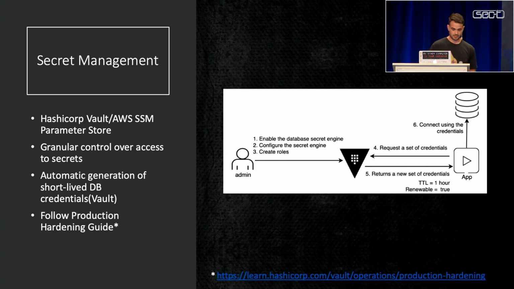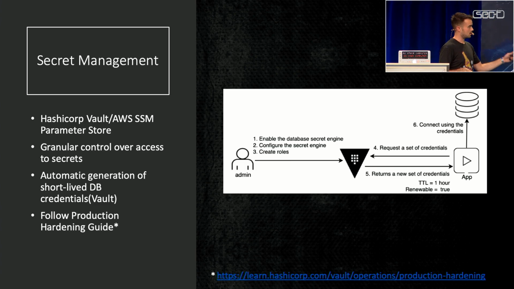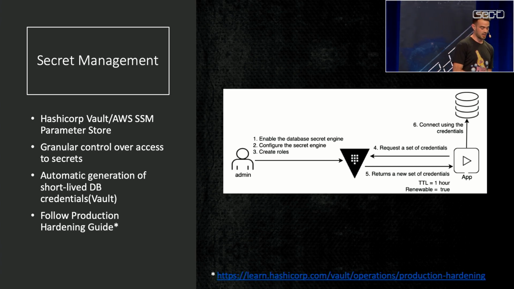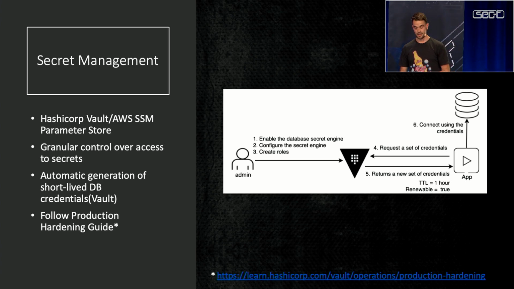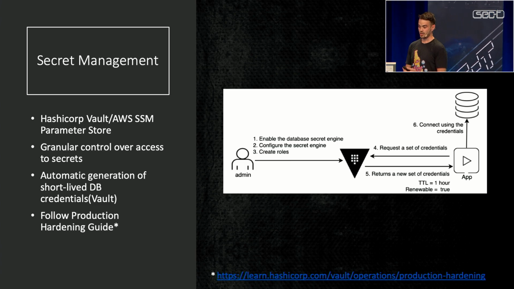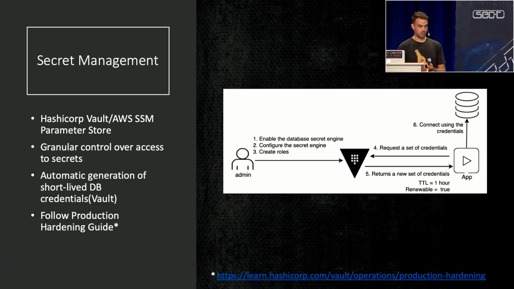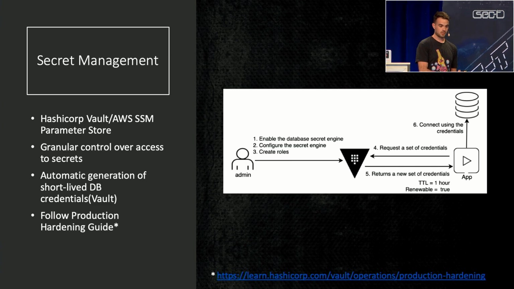Secret management: there is SSM Parameter Store by AWS. There is HashiCorp Vault. It basically stores any secrets for your apps, whether it's credentials for different services or API keys. I really like using it to automatically generate short-lived database credentials. So first of all, don't hard code them; save them somewhere safe. But